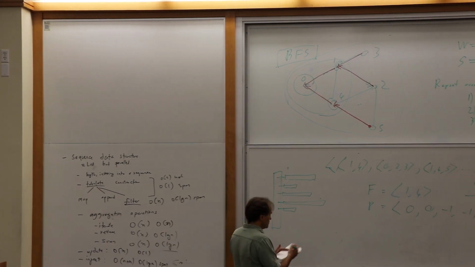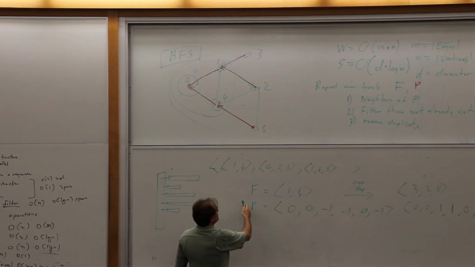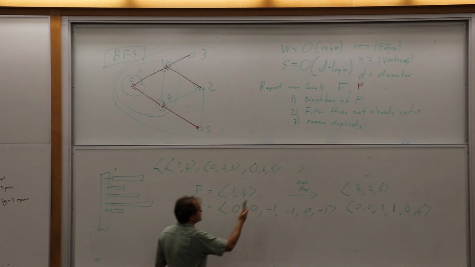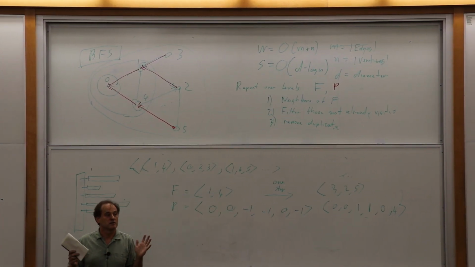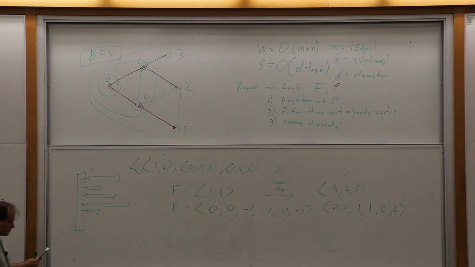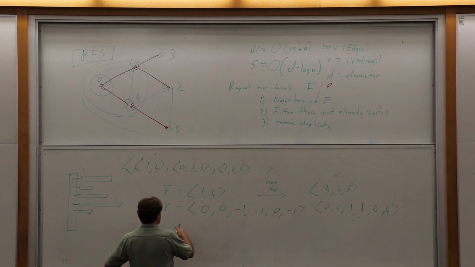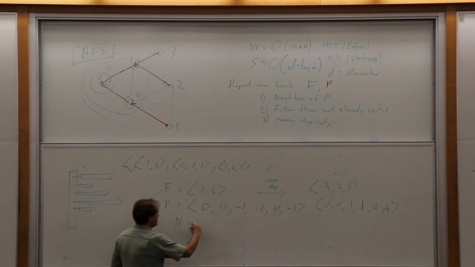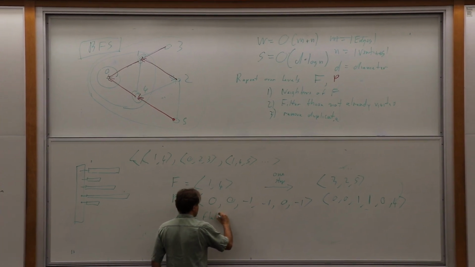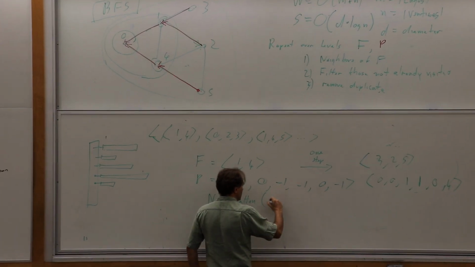Okay, so what do we have to do? Well, it turns out there's not much we have to do. There's some base case of the recursion which checks if my frontier is empty. If the frontier is empty, I'm done. Otherwise, I'm going to fetch all the neighbors of the frontier. Let's call that n for neighbors. And there's going to be a flatten in here, and then there's going to be a map